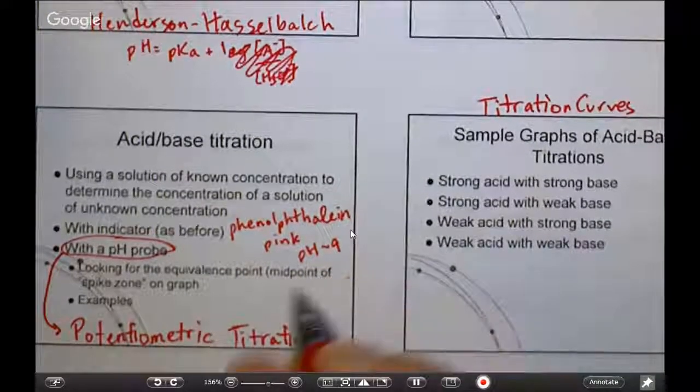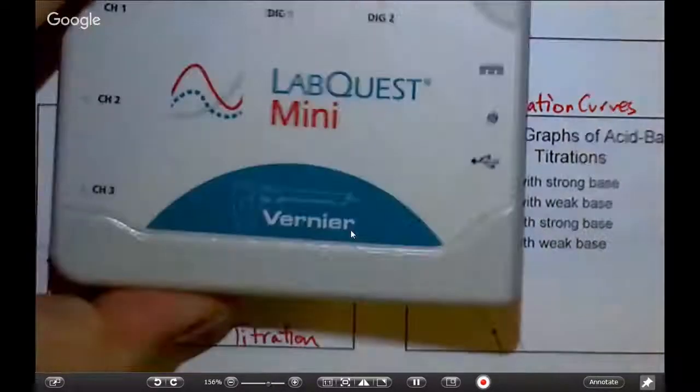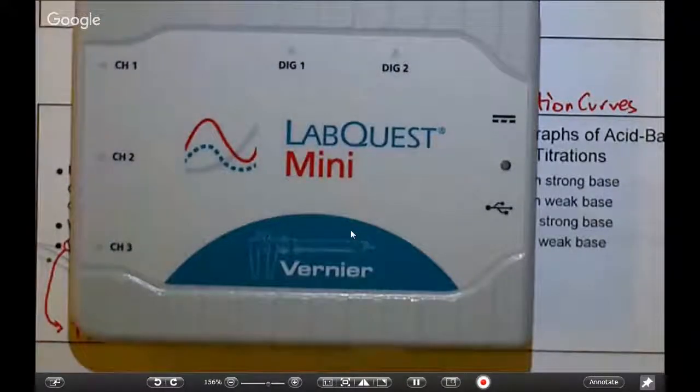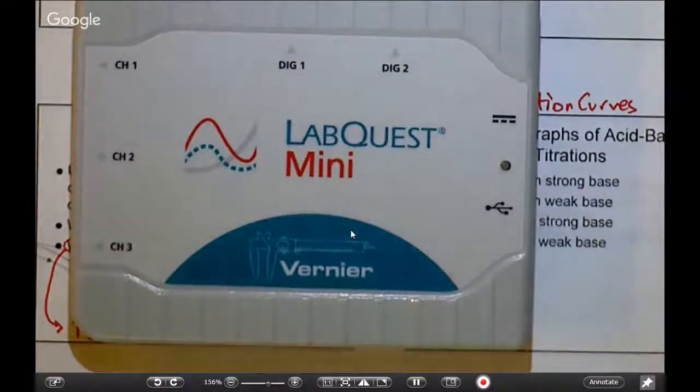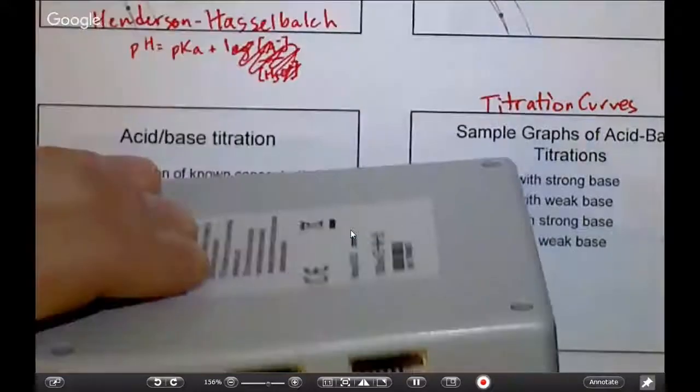We're going to take a pH probe and we have these LabQuest minis here, okay, and it's got a plug that's USB. Anyone else has a USB input? Your Chromebooks. So we're going to hook it up to the Chromebook, and then we'll have the probes coming out